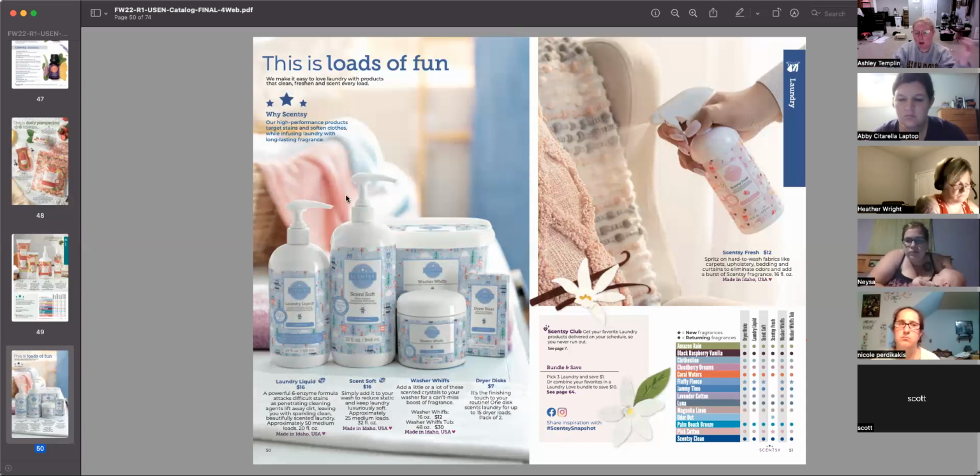No new products in here. Some things to note about our laundry line, they're HE safe, so you can use them in HE washers and dryers. They're ultra concentrated, so you do not need to use a lot. If your customer says, well, I used the laundry liquid, the washer whiffs, everything like that,